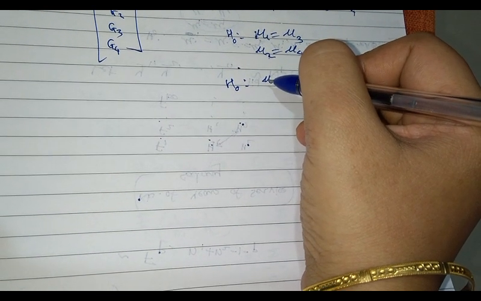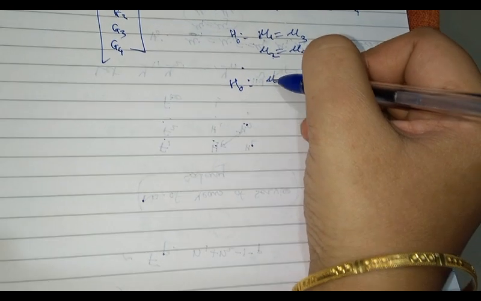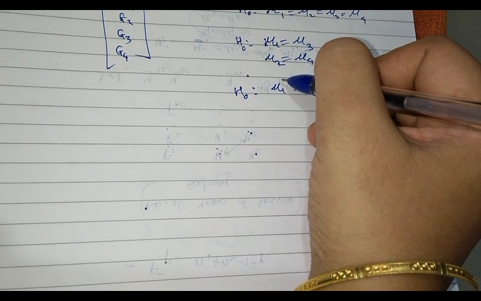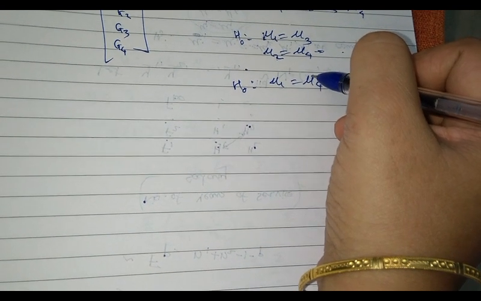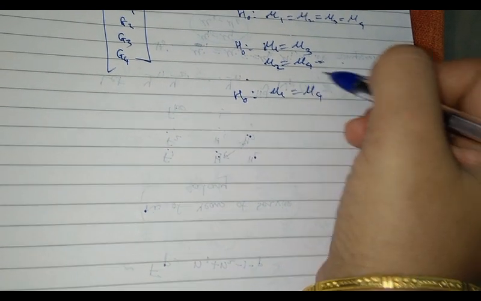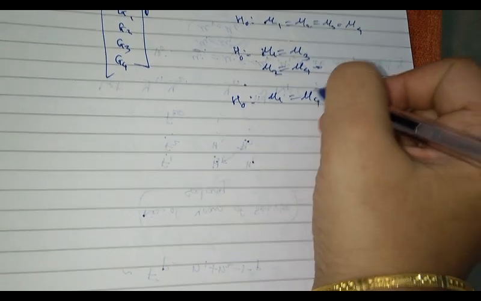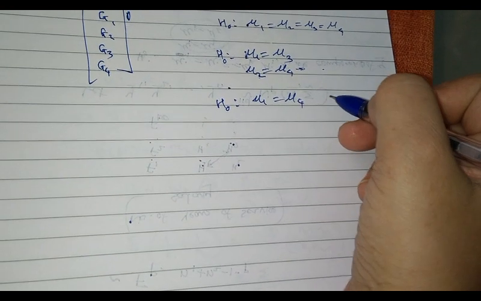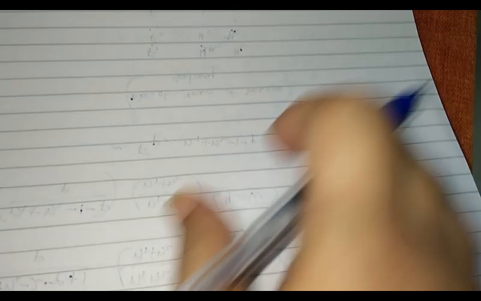Another hypothesis of interest might be say mu1 equal to mu4. Means does the person perform same in first and last semesters? In most of the cases that is not the case. First semester it can go either way. Maybe in first semester you didn't understand most of the things, you didn't know the techniques and so on, whereas in fourth semester you were now completely comfortable and you got better. Or vice versa also, first semester you were very sincere and hence you did very well, whereas by the time you entered fourth semester you were almost ready to give up, so you didn't study much. So such type of hypothesis can be tested using this case.